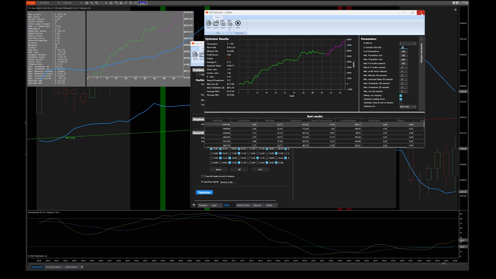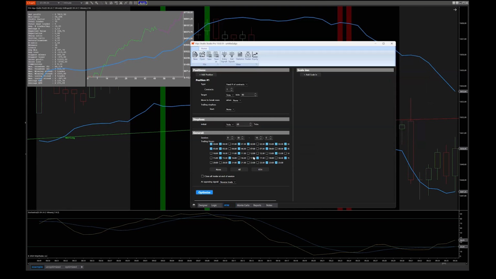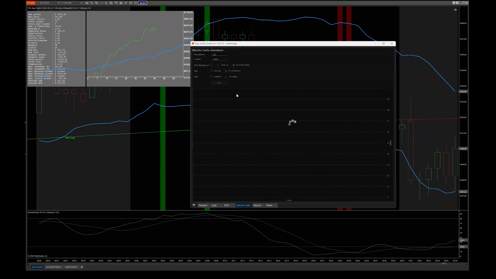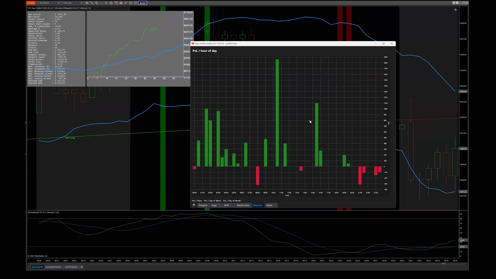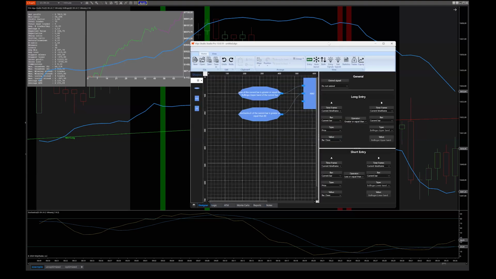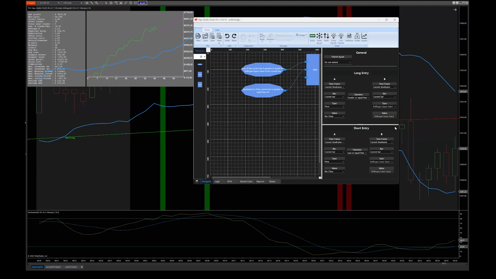We can close the optimizer now. We also see the ATM settings it found. And again, you can then start with the Monte Carlo just to see how it performs. You can look at the reports, and what the best and the worst hours are when it's trading. And that's basically the steps you need to take to create your own algo.